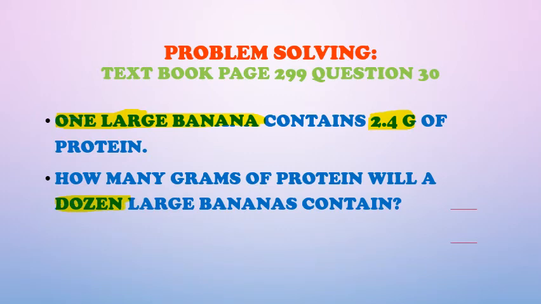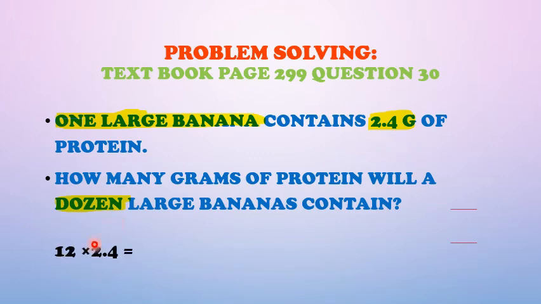Dozen equals 12. So, to find how many grams of protein a dozen large bananas contain, that means I will find how many grams of protein 12 large bananas contain. So, to answer this question, I will multiply